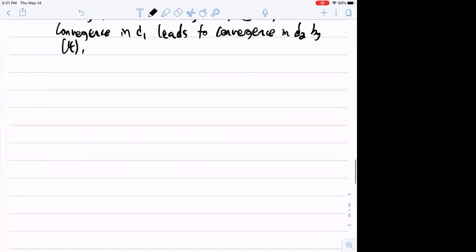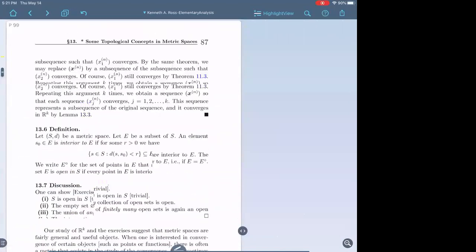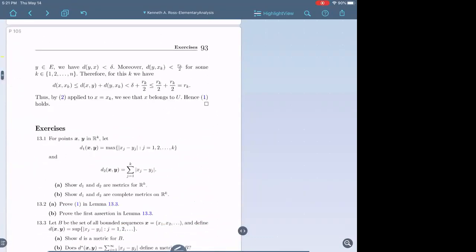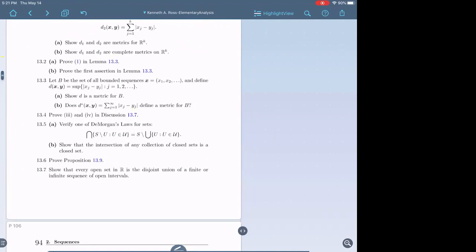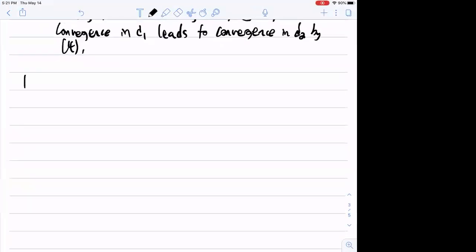Okay, let's move on to more questions from chapter 13. I realize that this chapter might be hard for people because it's very not numerical. It's very proof based. So let me talk about 13.7 really quick. Remember 13.7. If I have an open set U, this is a pretty important fact to know for the future.